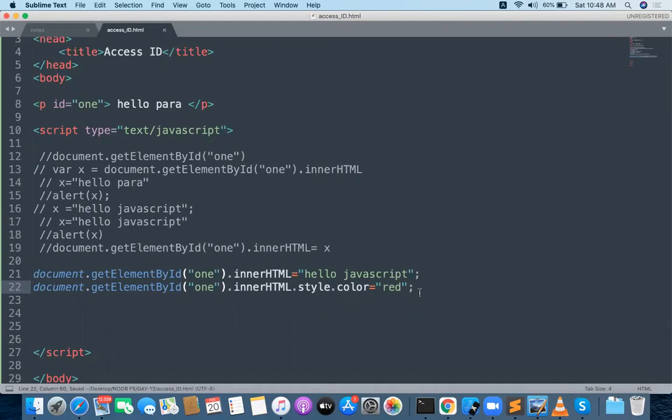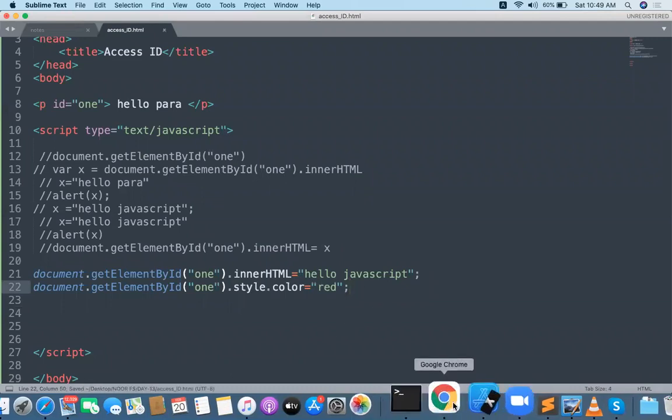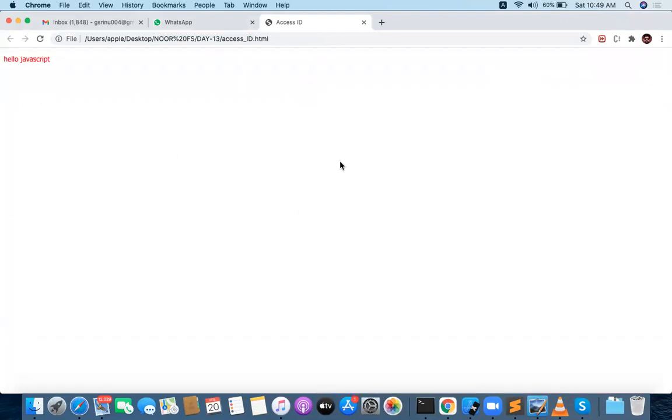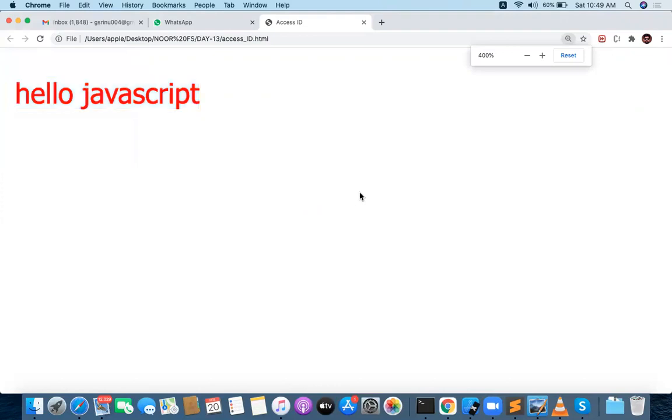First of all, save that properly. I don't want to go for the innerHTML directly. The element gets style dot color. Now you can see, finally I'm accessing the element, and whatever element we accessed, that element is now in red. Can you see that now?